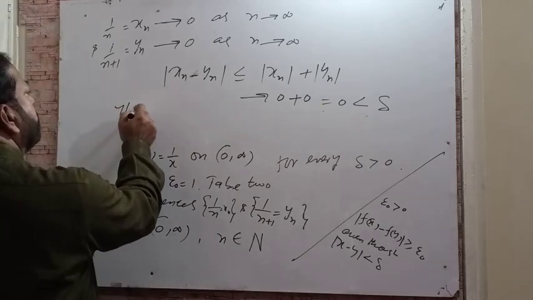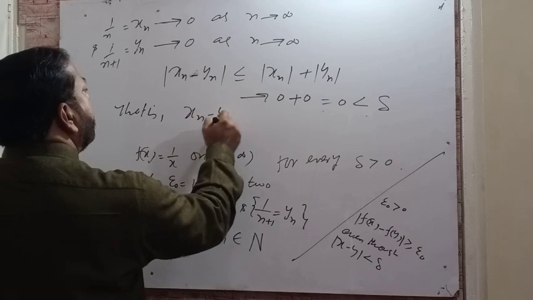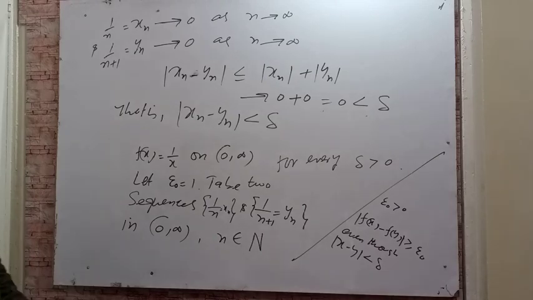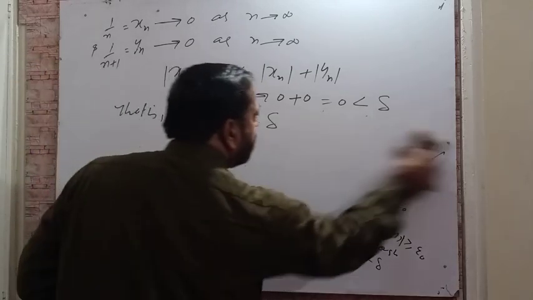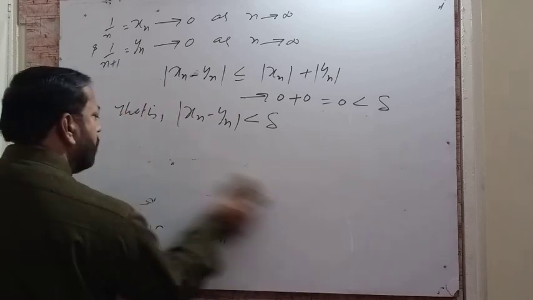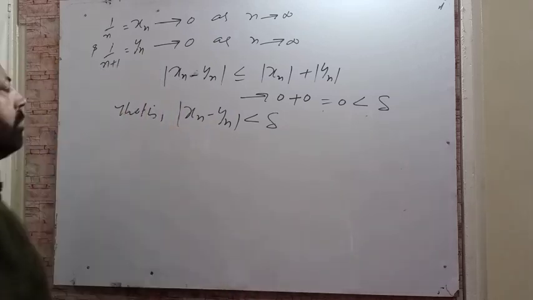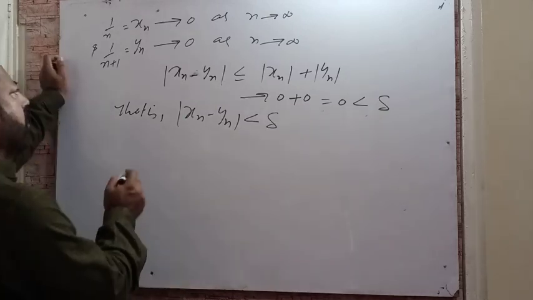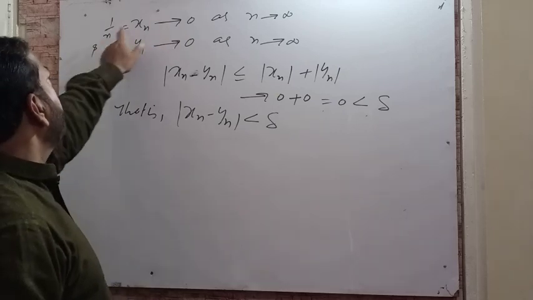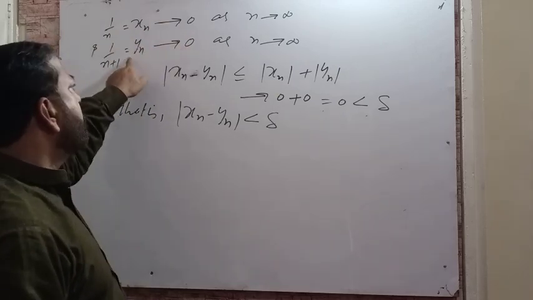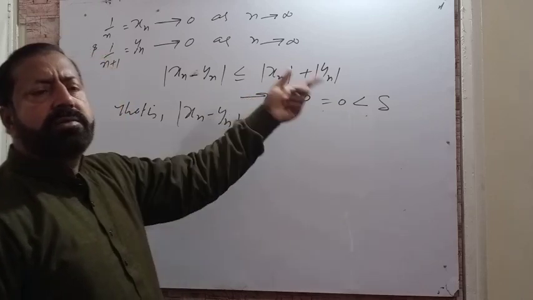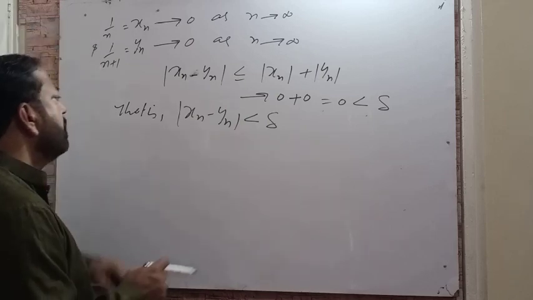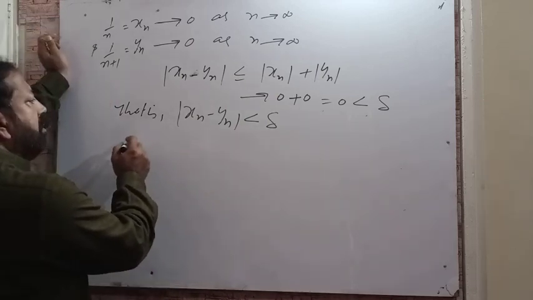That is, |x_n minus y_n| is less than delta. Here you see that 0 is the limit of this sequence, and also 0 is the limit of the other sequence. Then you can use the definition: when n tends to infinity, 0 becomes the limit of both sequences. However,